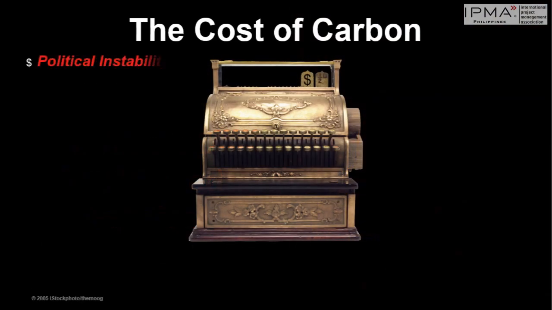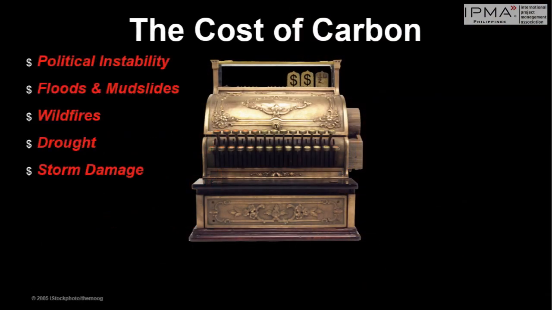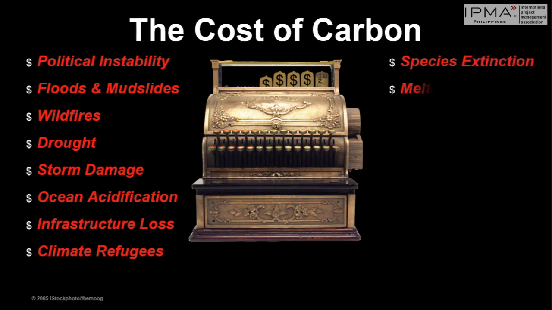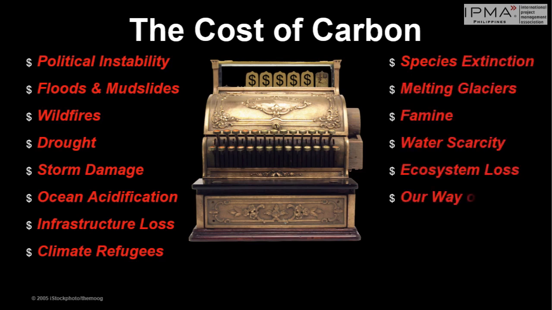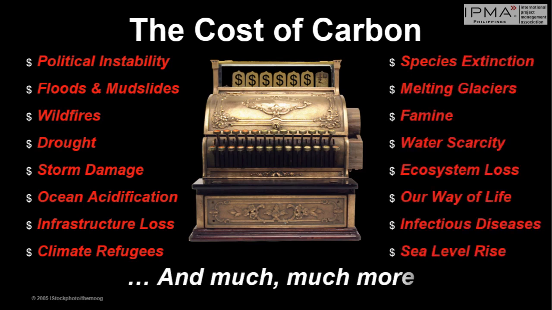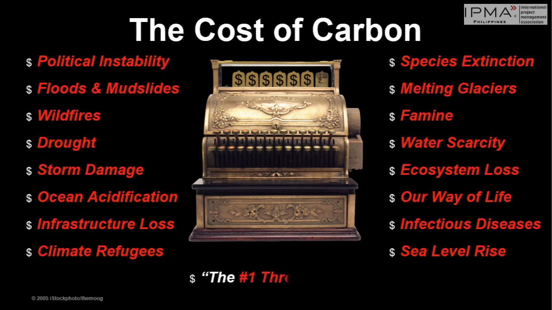So these are the costs of carbon. We have drought, storm damage, species extinction, water scarcity, the ecosystem loss. The list goes on and on. And climate change is the number one threat to the global economy. So the question right now is, how can we meet the objective of the Paris Agreement to limit the temperature rise to 1.5